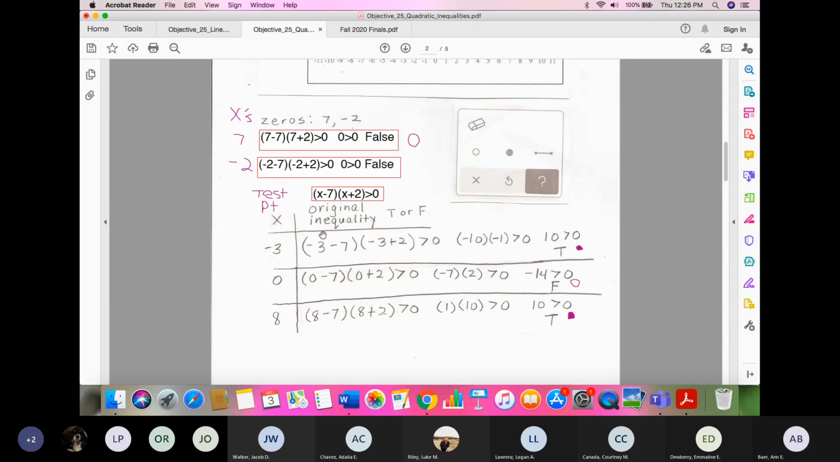Test 0. 0 goes in for x here and here, giving us 0 minus 7 in this factor and 0 plus 2 in this factor, greater than 0. 0 minus 7 is just negative 7. 0 plus 2 is just 2, greater than 0. Negative 7 times 2, negative 14, greater than 0. That's false. A negative is always smaller than 0. So this is false,